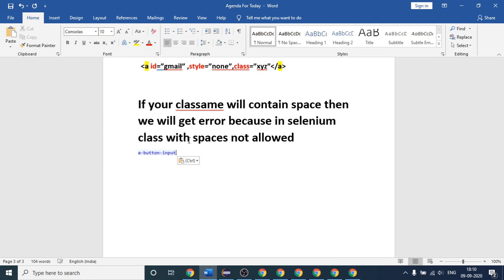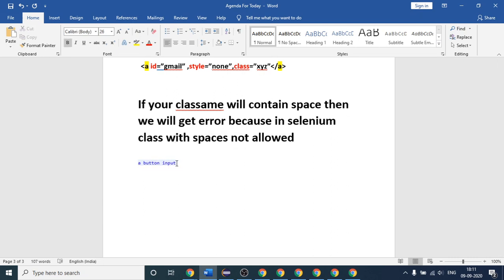So suppose this is our original class name, which is working fine, but sometimes you will see in the code, when you inspect, the class name will be something like this, a, and then button like this here, and then after one space this will be here. So if the class name becomes like this instead of this, then you will not be able to use the By dot className locator. So if your class contains a space, you will not be able to use this.